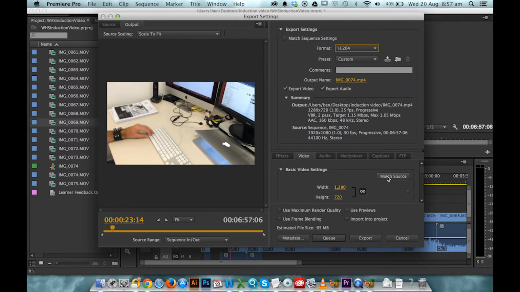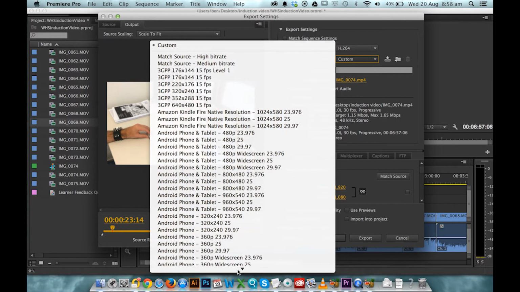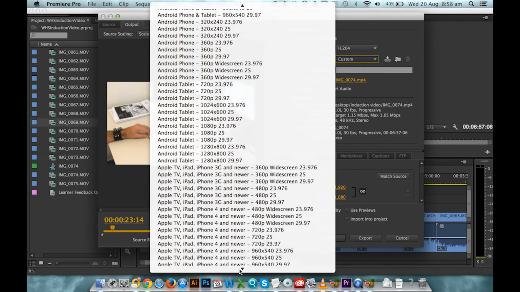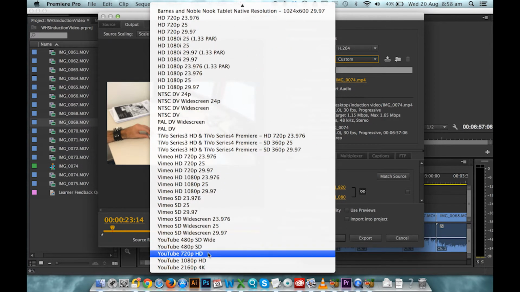I can match the source or not. There is lots and lots of presets here. If you look in here, you're going to find a gazillion presets. Every kind of device